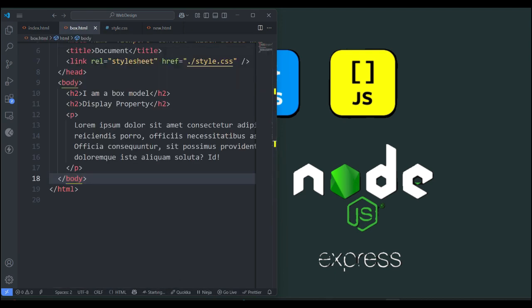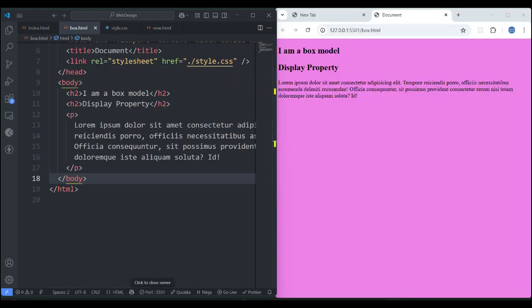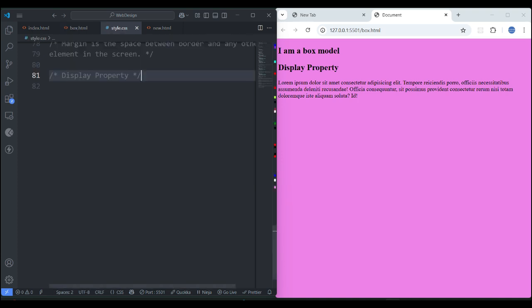So I already have two headings. Click on the go live. At this moment our website is like this. These two are heading 2, box model and display property. We have a paragraph as well. Heading and paragraph both are block level elements. So let's go to the style.css, h2, curly braces,